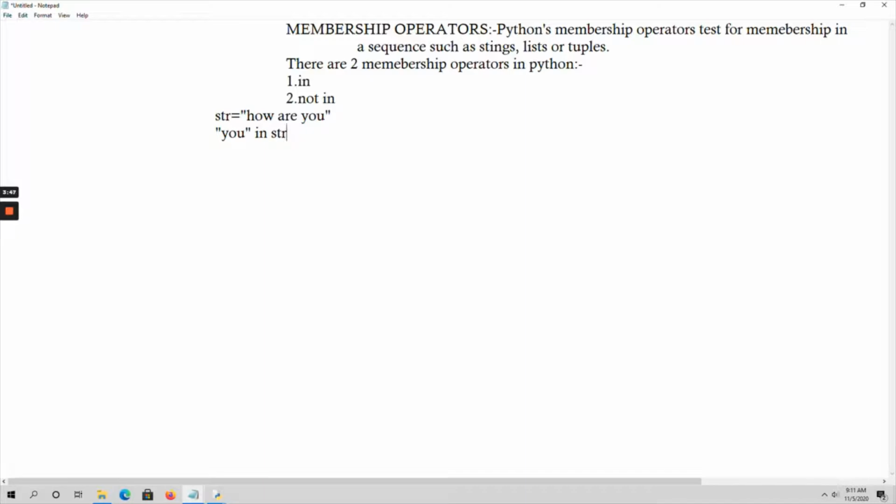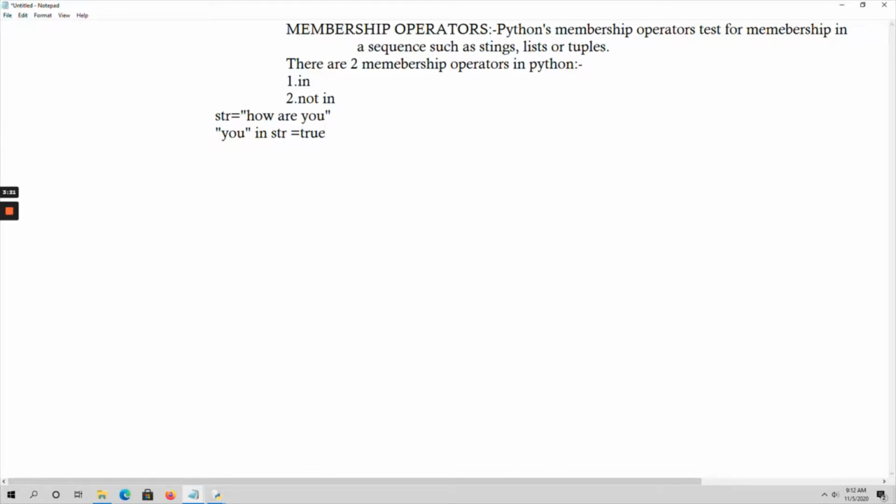By using the membership operator in, I can test whether a substring is present in the string or not. If that substring is found, then the in operator will return true. Otherwise, it returns false.